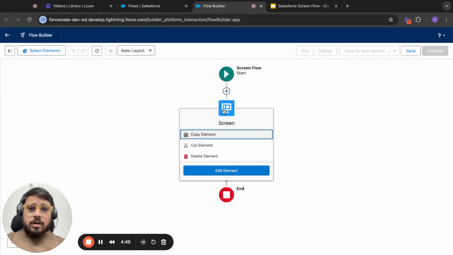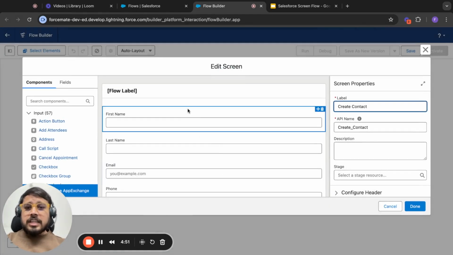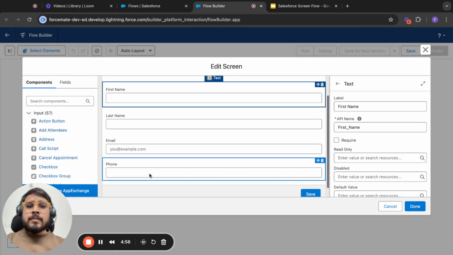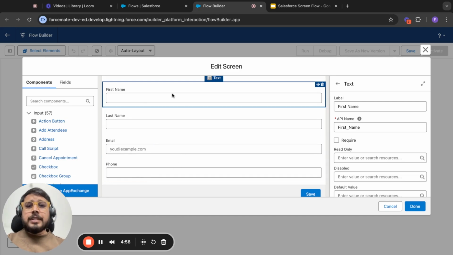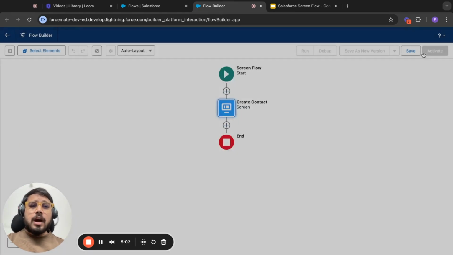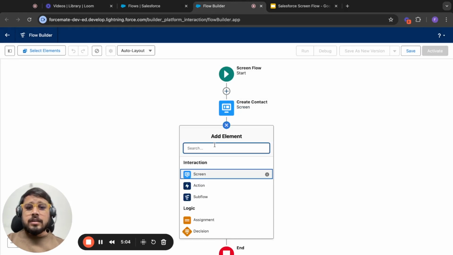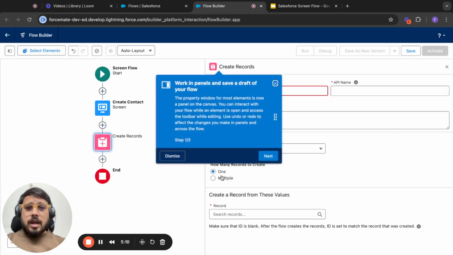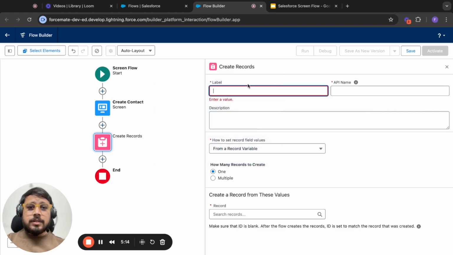As we created this screen flow, we have the four inputs, and we need to take these inputs and create a contact. So what we will do now is create a create record element. We will use a create record element. So if you see here, this is some UI. For this, we'll just